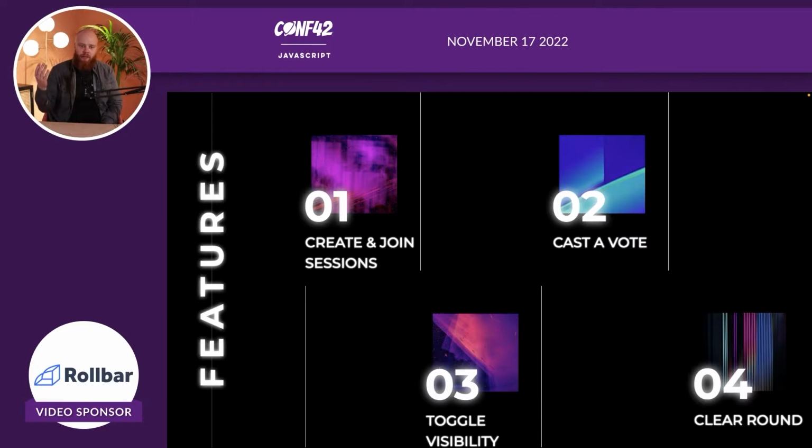Then when everybody has voted, you want to toggle the visibility, so everybody can view what everybody voted. And at the end, the admin can clear the round and restart, put the visibility back to hidden, and you do the process again. So quite a simple app, basically 4 features, but it can be quite complex to build in the end if you're going to build that for the web. So let's have a look at how we can use web fundamentals for this.